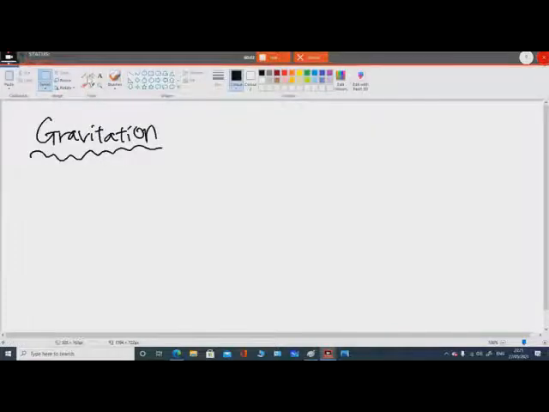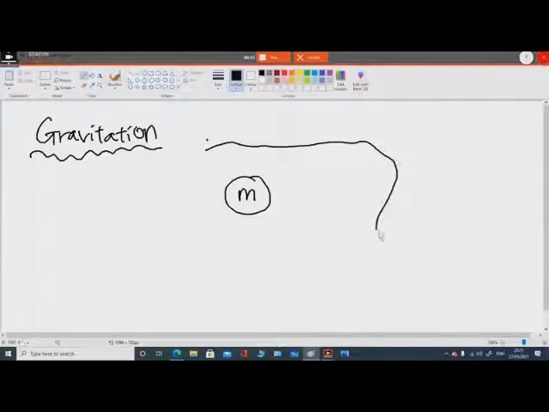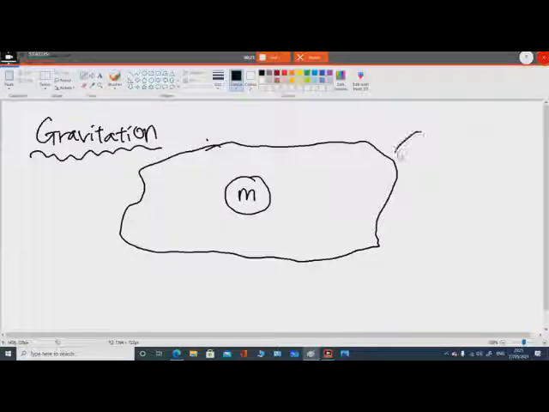Okay, so let's talk about gravitation. Let's say we have an object which is mass m. There is always a gravitational field that exists in the surrounding of the mass m. This is what we call the gravitational field. As the gravitational field exists in the surrounding of the object, the mass m always exerts the